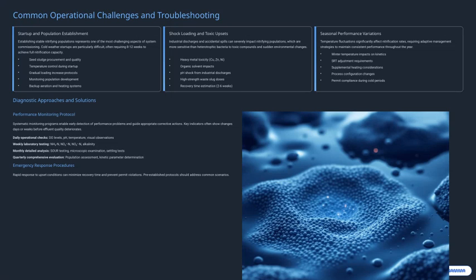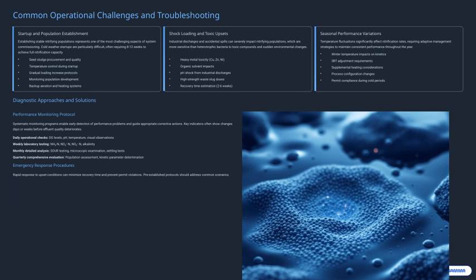Let's dive into some of the common operational challenges and troubleshooting strategies we encounter in activated sludge systems. First, establishing stable nitrifying populations is often one of the most challenging parts of system commissioning. Cold weather startups, in particular, can be quite tough and may require anywhere from 8 to 12 weeks to reach